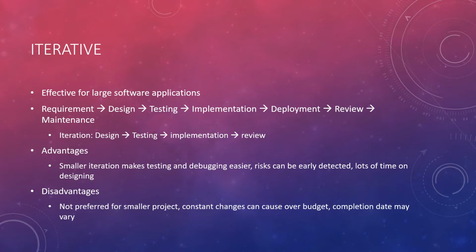The second iteration could be design, testing, implementation, and then review. So it branches off review from the first one, and it just continues with design, testing, implementation, and review to determine if there needs to be any changes made to the project